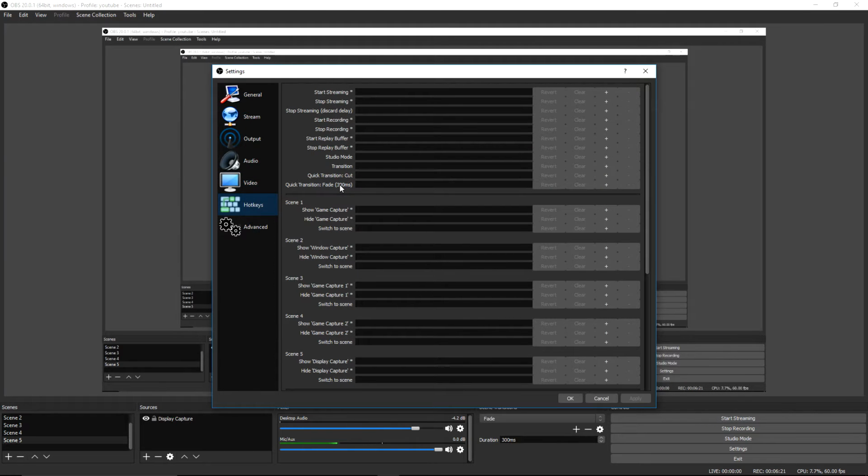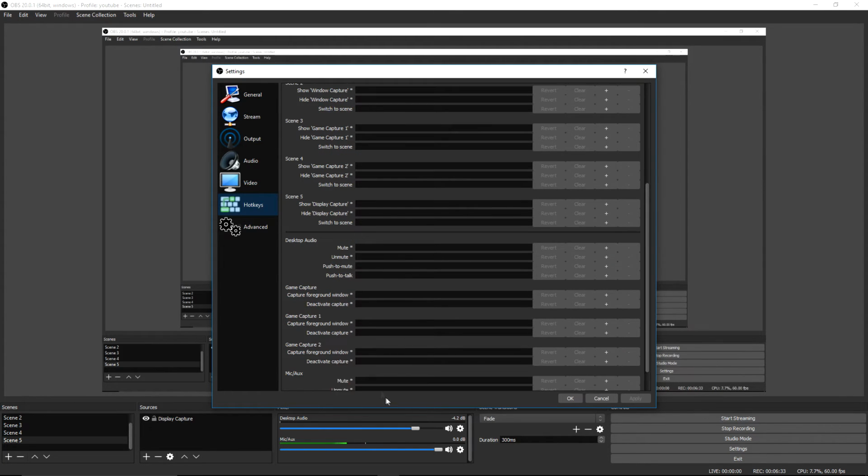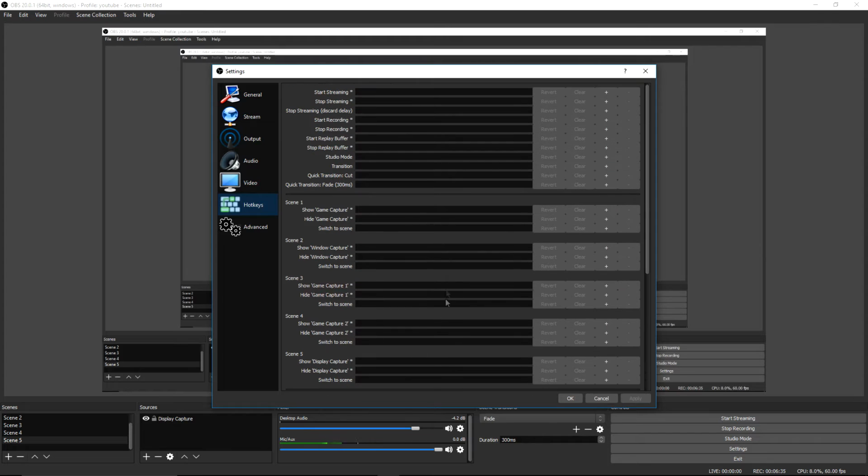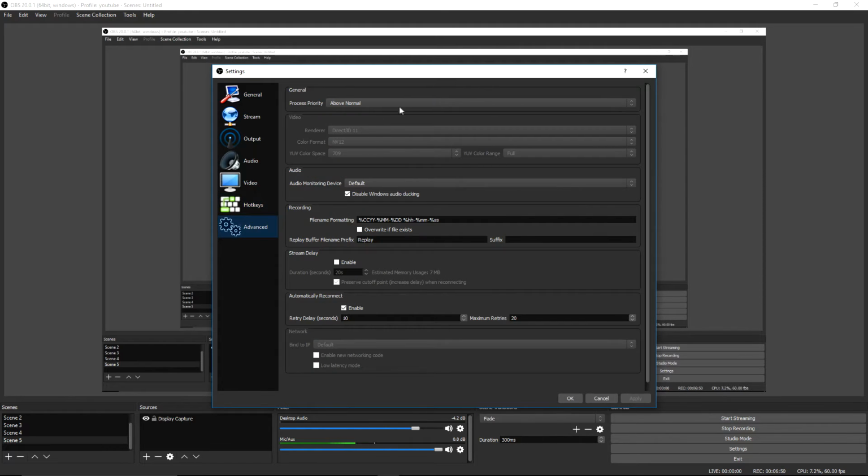Now you're in the hotkeys section, you can change whatever you want in here. So you can set a hotkey to start recording, a hotkey to finish recording, a hotkey to start streaming. There really is a very large amount of hotkeys you can set, which is really useful if you want to use them. I usually do, but I'm not going to set them up in this video because it's pretty easy to do. Just click there and then choose a hotkey. So there you go, and then once you've done that, click apply, and then we can move over to the